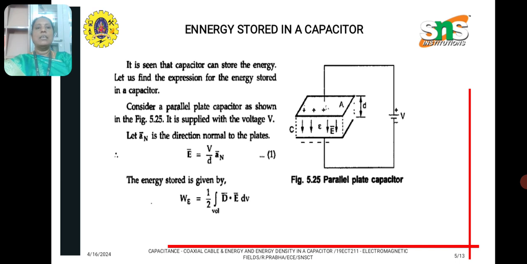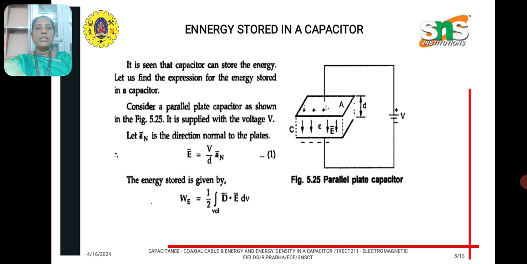So in this case, for finding the energy stored in the electric field, the expression for WE is 1 by 2 integral over the entire volume D dot E dV. Here D is nothing but the displacement density vector, and E is the electric field. The electric field for parallel plates is given by E equal to the potential difference V divided